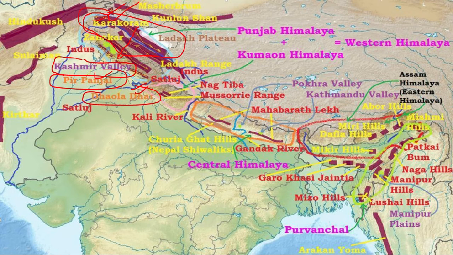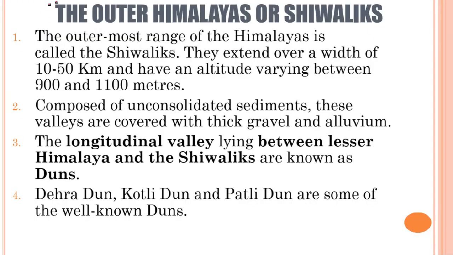So here, if we talk about this zone, we have learnt that this zone, which is of India, comprises the Greater Himalayas, and if we descend from there, we'll come down to the Lesser Himalayas. Clear? Now let's see what we are going to study. We are going to study the outer Himalayas, or the Shivaliks. The outermost range of the Himalayas is called the Shivaliks. That is why it is also known as the outer Himalayas.